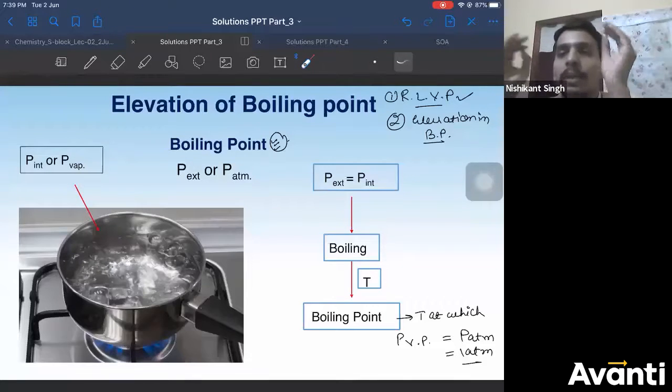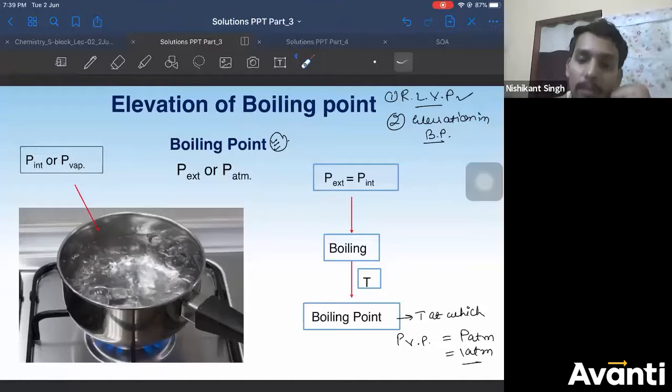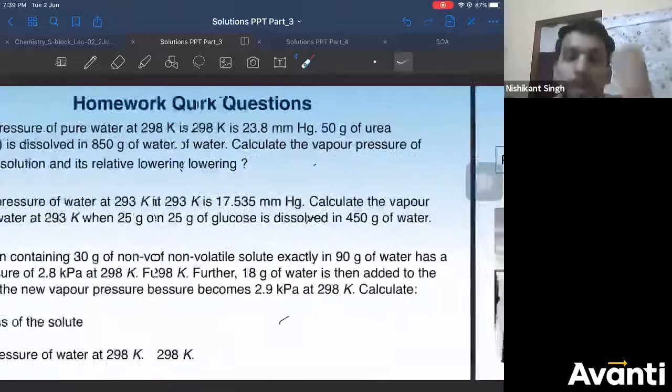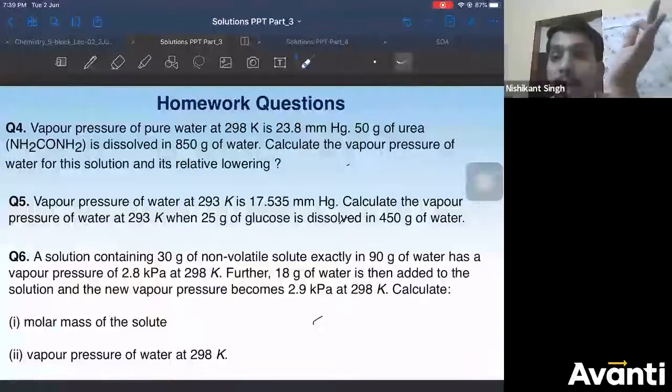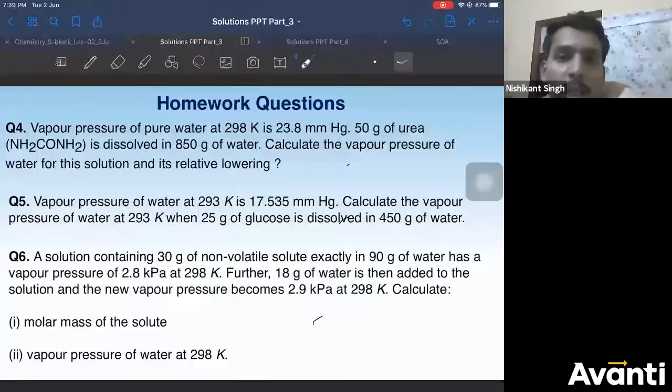Or in short, the temperature at which, yes, you can take a screenshot, the temperature at which vapors of the liquid will exert a pressure of 1 atm is called boiling point, in short. Is this clear now, Sakshi? When you heat a liquid, it will exert vapor pressure, right? Then at a particular temperature, it will exert how much vapor pressure? 1 atm. That temperature is called